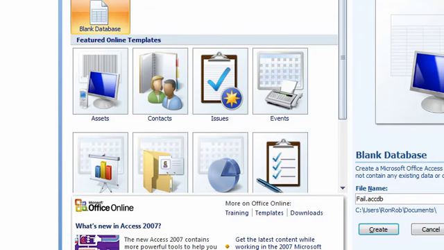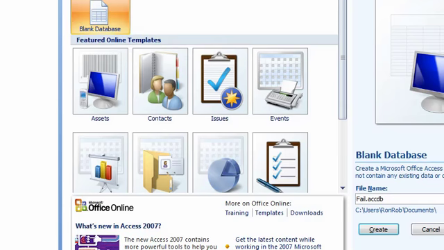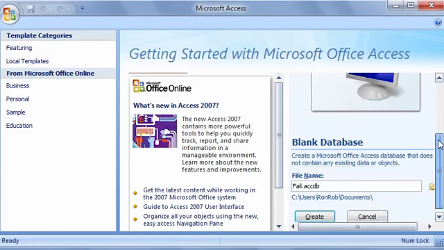Today I want to show you how to begin making an Access database. I am using Access 2007, and so notice that when you first open Access, what you have is a blank database link or other links that you could choose, but we're going to create a database from scratch. So you want to click on Blank Database, and then when you do that, notice that over on the right